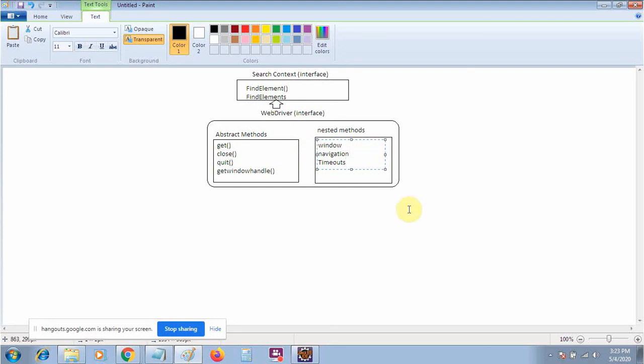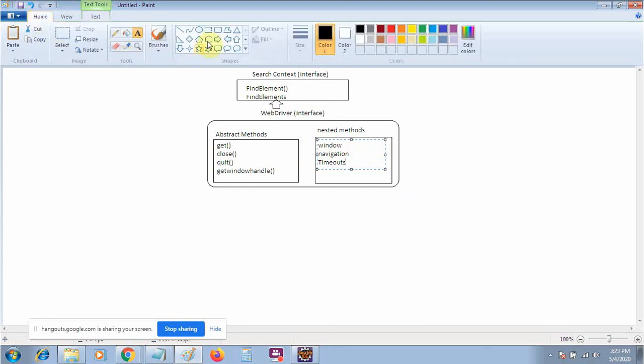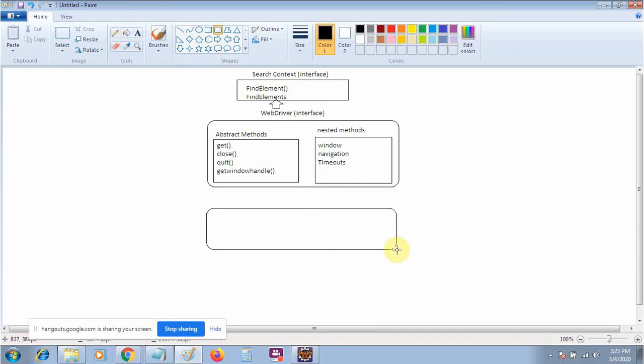Now there is a RemoteWebDriver class which will extend this. Okay, so there will be one more class, known as the RemoteWebDriver class.